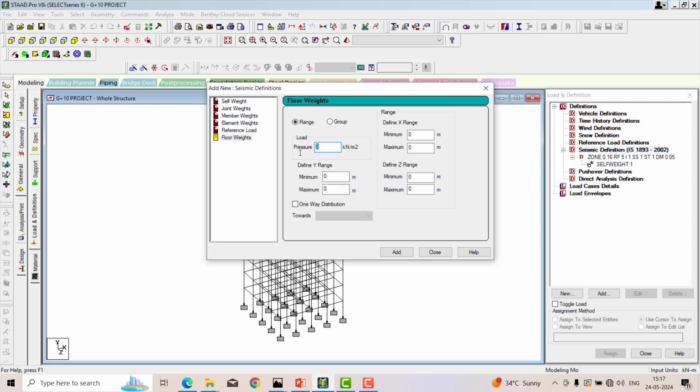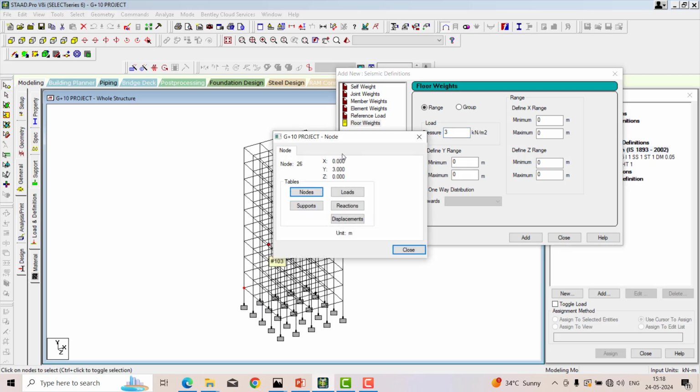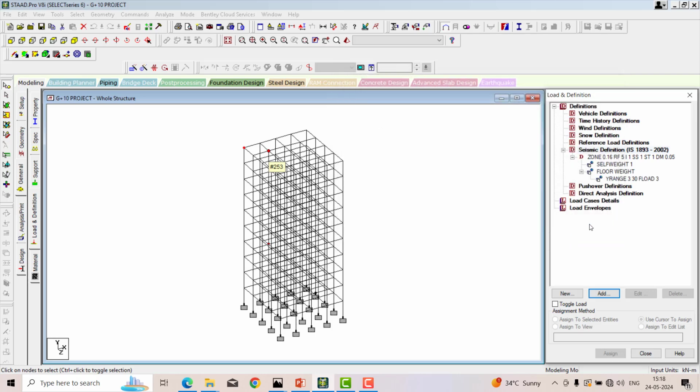I'm going with a value of 3, or else you can go ahead with the floor, that is the width and length of the slab times the thickness and density. I'm going with 3 now, a positive value itself. Using the node cursor, confirm the height. Minimum height is 3, maximum height is 30. Put the same value in the y direction, 3 and 30. Add and close. So this is how we define the seismic load.